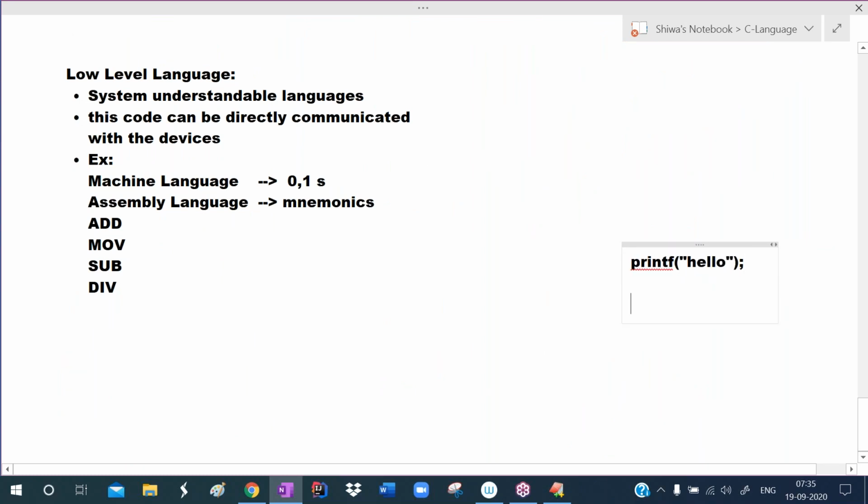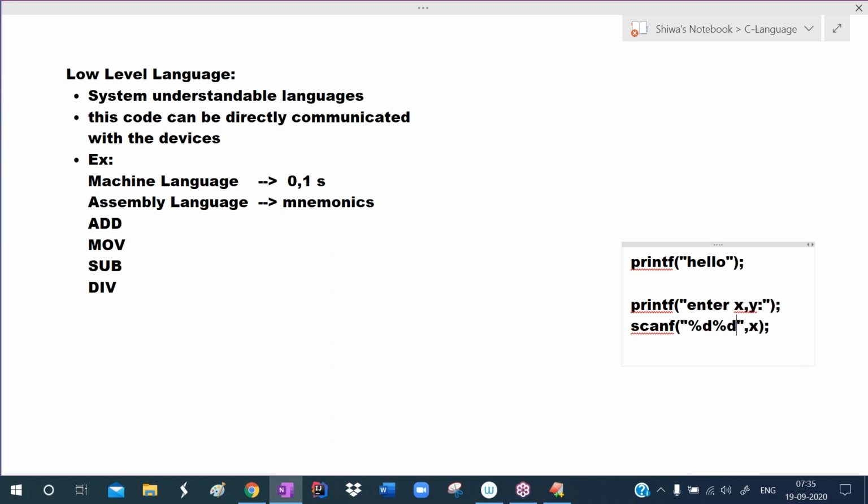I want to read a value from the keyboard. For that, I'm asking the user, please enter X value. I'm giving this instruction. To read that value and store it into memory, we write scanf %d comma X, like this. To read two values from the keyboard, we write enter X comma Y, like this.